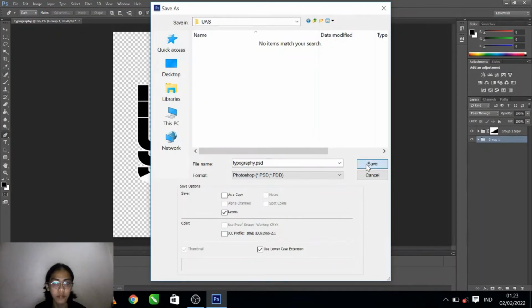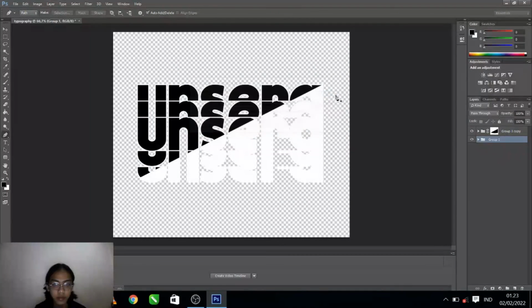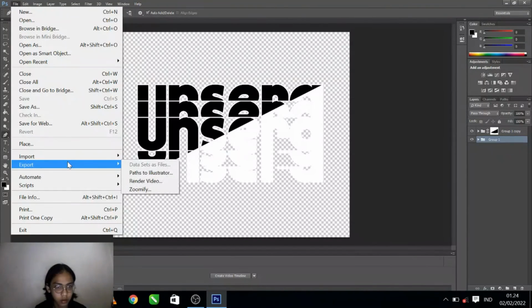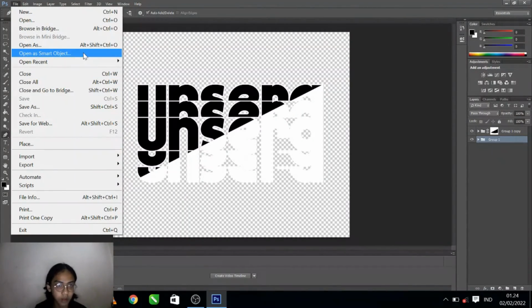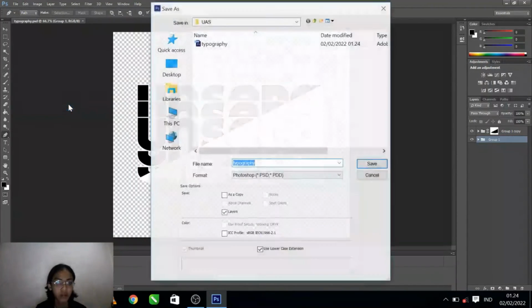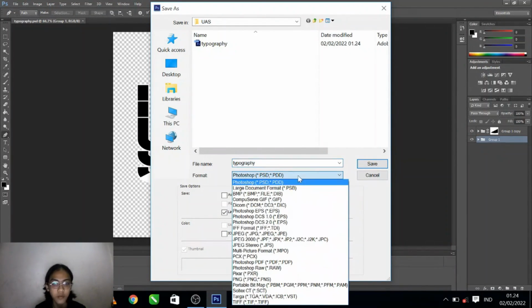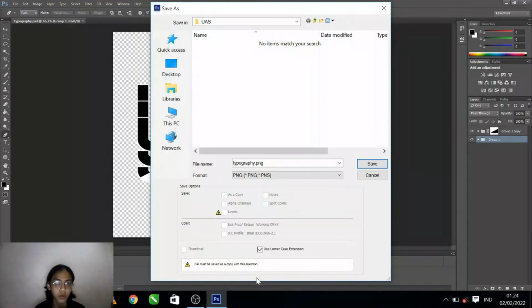I want to save here, and then if you want to save as an image, you can click File, Save As, and you can change the format to PNG if you want the background to be transparent,